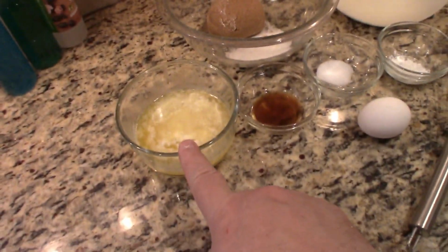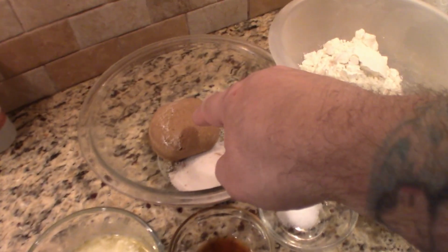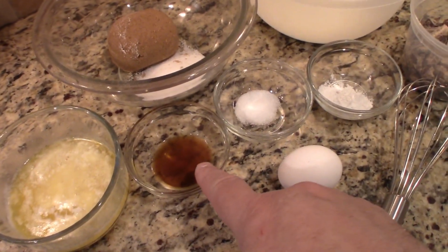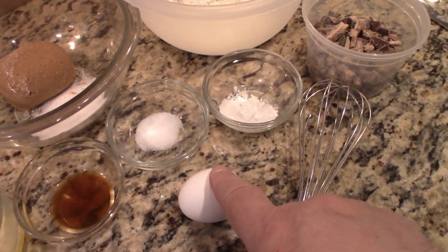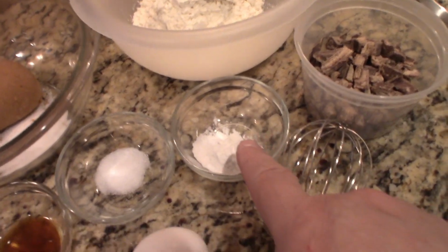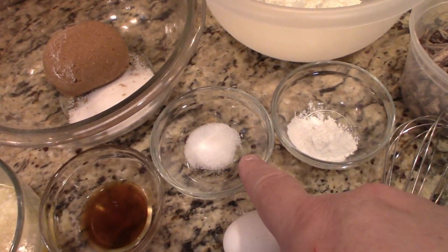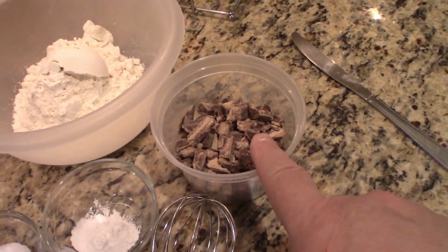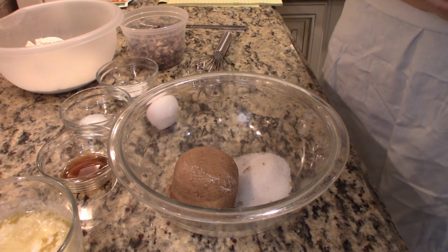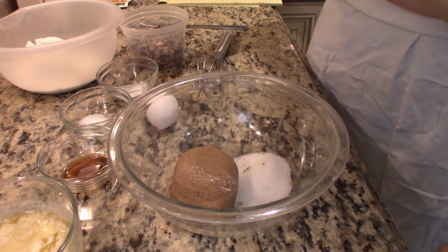But anyway, so this is what you're going to need. You will need a half a cup of melted butter, a half a cup of brown sugar, and 2 tablespoons of white sugar, 1 teaspoon of vanilla, 1 egg, 1½ cups of flour, 1½ teaspoons of baking powder, half a teaspoon of salt, and 1 cup of KitKat pieces. There we go. So first what we're going to do is we're going to cream together the sugar and the